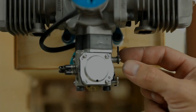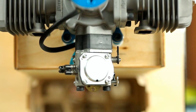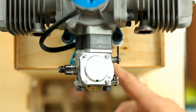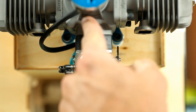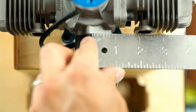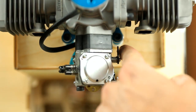So figuring out where our rod is going to go into the firewall upon this axis is pretty easy because we can mount our servo inside the firewall wherever we want laterally. So I'm just going to mount my servo in line with the throttle arm. To figure out where that is, we're going to look at the webbing here, find the center of the engine, place our ruler there,